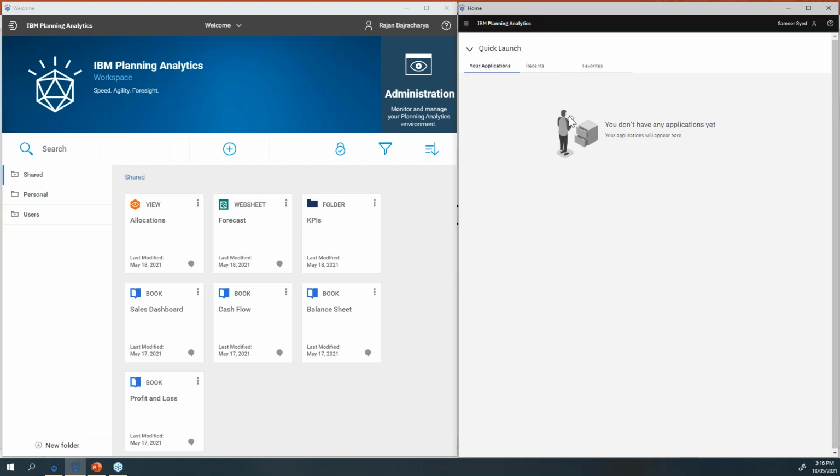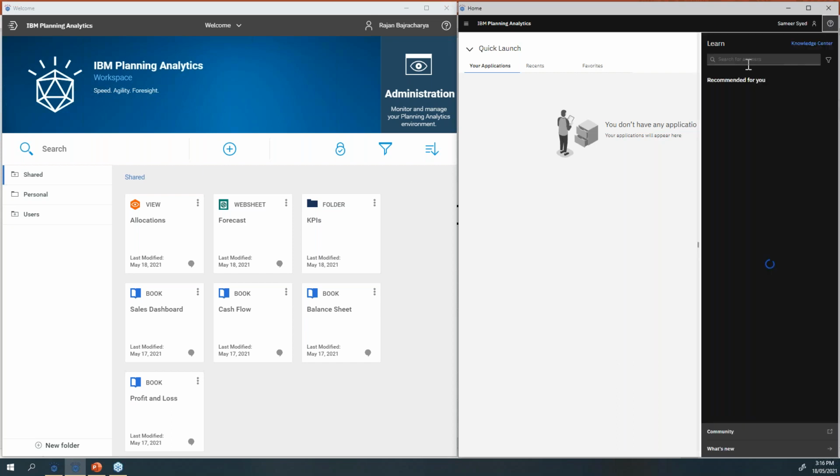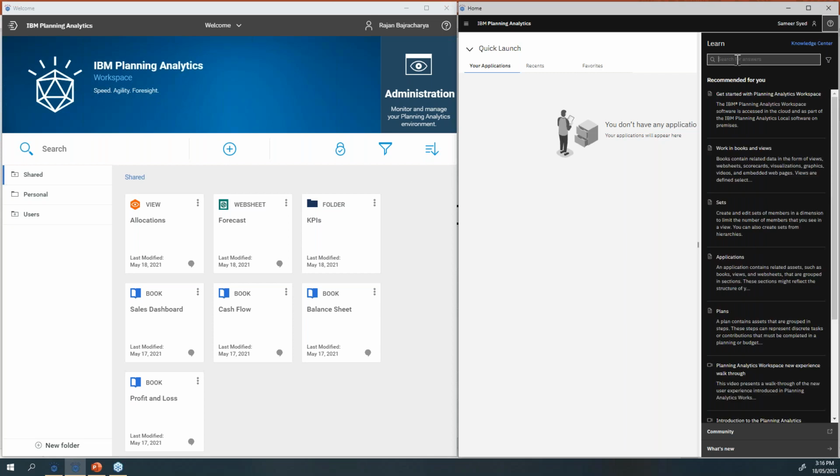And just one more thing I want to highlight on this landing page is IBM has added this help, where you can click, and you can also look for something. For instance, I think it's still loading here. Or you can even search, if you want to, how to create a new workspace book, for instance. I think it will list you all the articles, including the video clips. For example, I'm going to workbooks and views. Oh, maybe I don't have anything there.